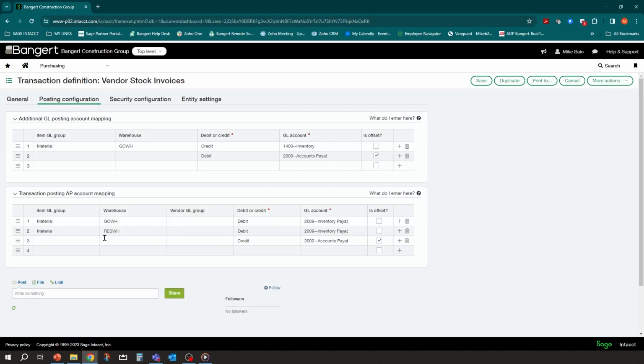So normally you would have it credit accounts payable and debit inventory payable. And if you remember, we already posted it to inventory in the GL during the receipt. So we don't want to post it to inventory again. We want to reduce that inventory payable account that we did in the prior definition.